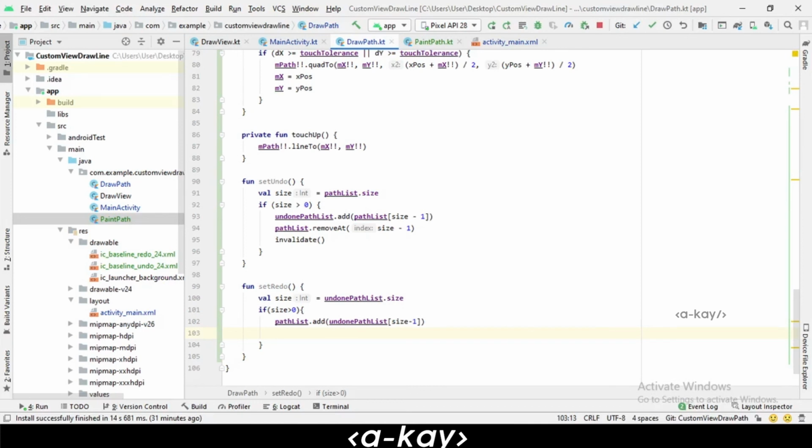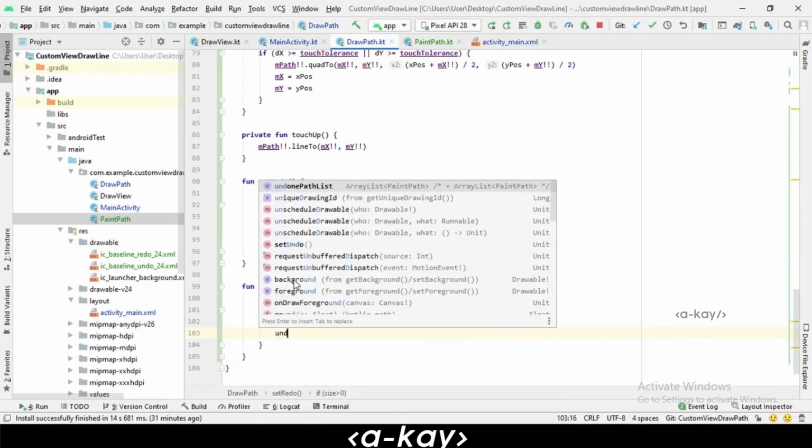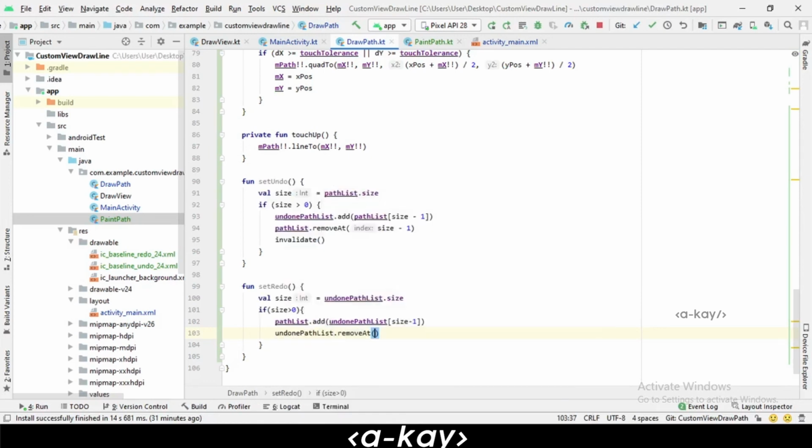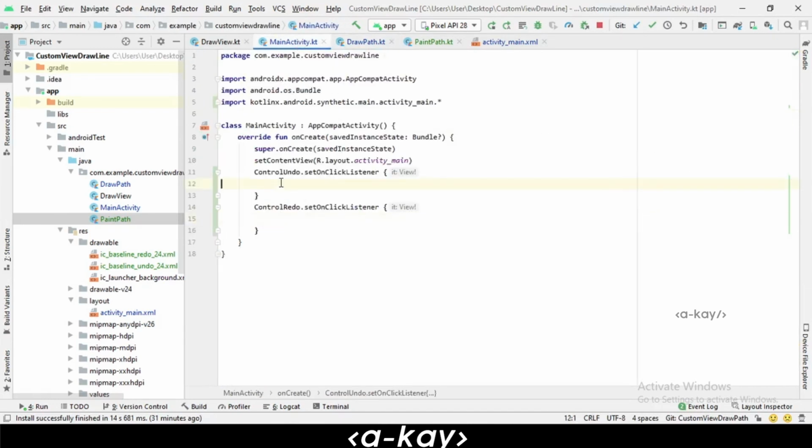Here we have to redo. So what redo means, we have to remove from our undone list, remove at size minus 1 same, and also we want to invalidate. Okay, that's it. We have to call this in our function.